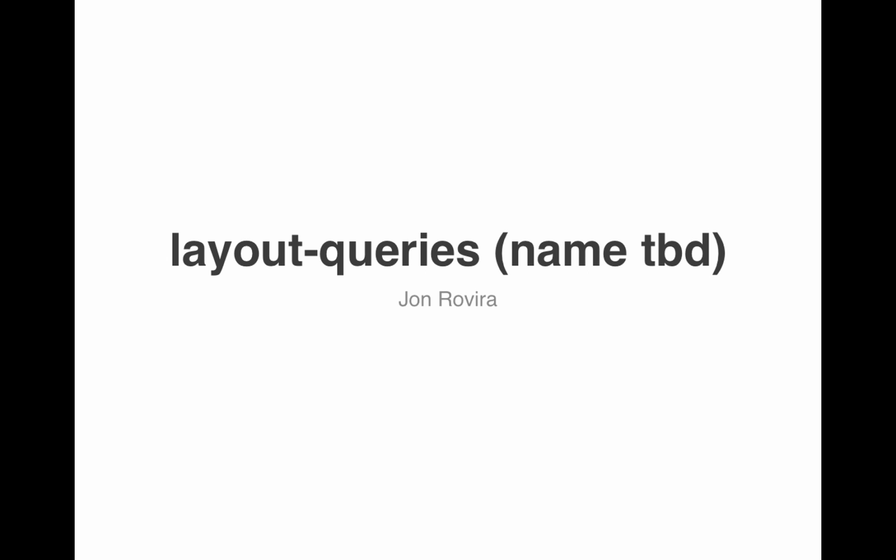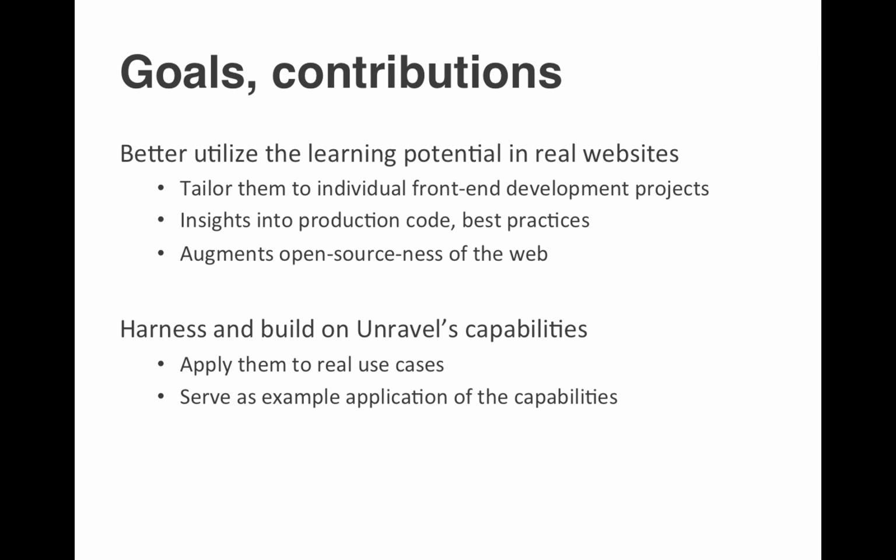And based on that information, the application is going to provide real deployed examples of websites that use similar layouts, or at least components, so that the users can have these examples of isolated code that supports those components on those real websites, and it helps them get a better idea of how to build out their entire front-end web project. So in terms of goals, I ultimately just want to create better learning examples using the open source aspect of the front-end web,